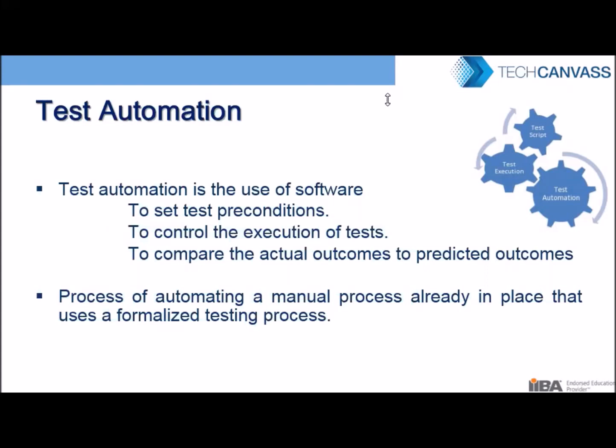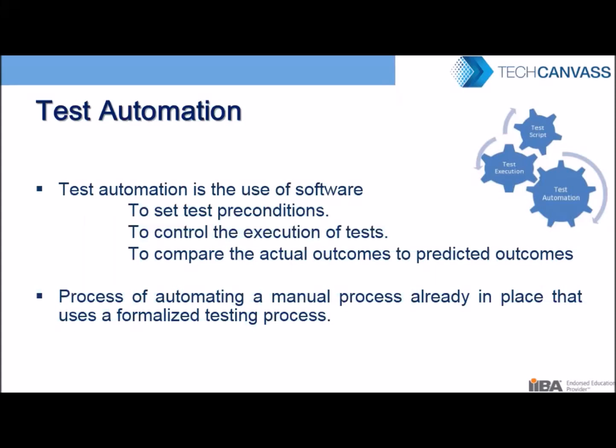So if you write 1,000 test scripts in an automation test framework, you can just run those overnight and you will get the results in the morning. Just think of a scenario how much time you will require to run these 1,000 test cases if you are doing it manually, plus the resources and efforts. So that's why test automation is quite a boom right now. And this is what this slide says.